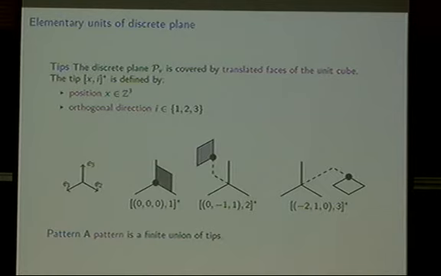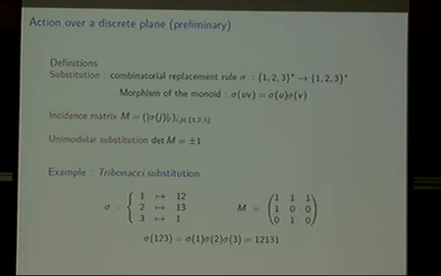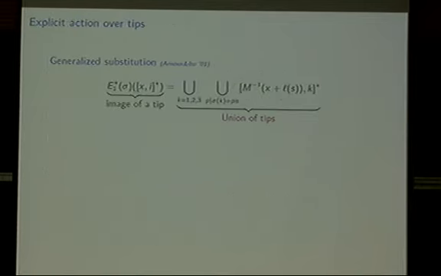I want to act on my discrete planes. So to do this I will base the construction of my two-dimensional action on a one-dimensional action. So I start from a substitution, which is a one-dimensional process. I think everybody knows it here. So for instance, the Fibonacci substitution, that we should know. 1 goes to 12, sorry, the Tribonacci: 1 goes to 12, 2 goes to 13, and 3 goes to 1. And then what I will do is to build,